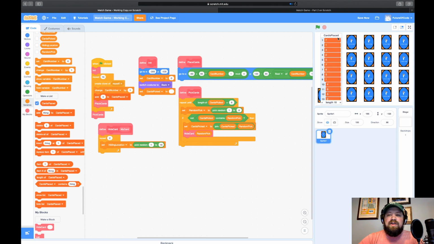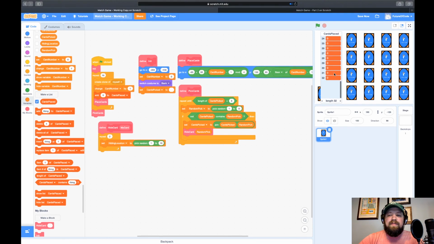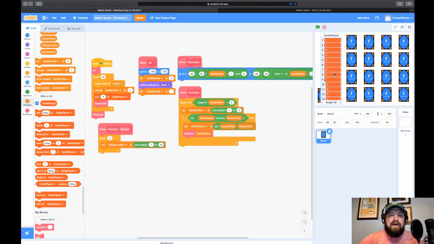Now look at what this is going to do. Ignore that right now, but look at that. We got a problem, don't we? I said add 16, and it added 16, but it added them to the end. There was already some data stored in there. Well, look at that. We got a bug. So we did add 16 more locations, but we already had 16 in there. That's my guess, judging by that we had 32 as our length now of our list.